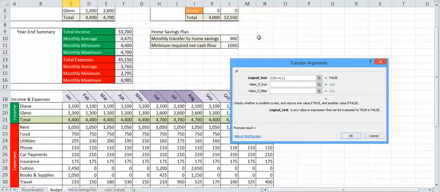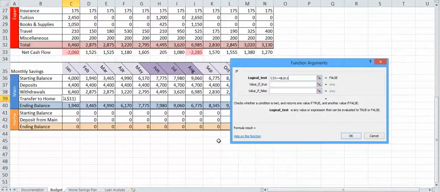Now, keeping in mind that you're going to copy this formula across, you're going to need to make L11 an absolute cell reference. So I'm going to press F4, and then I'm done with my logical test,